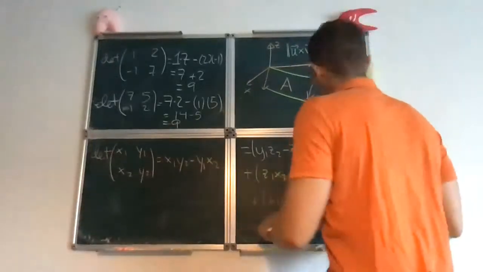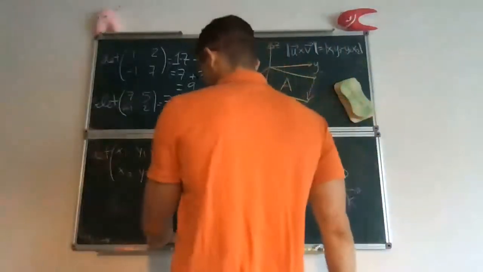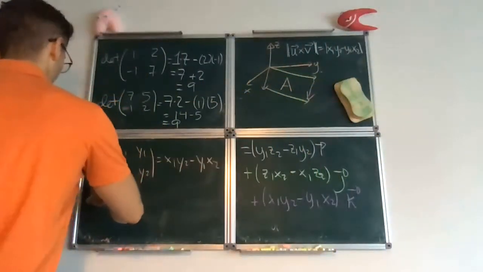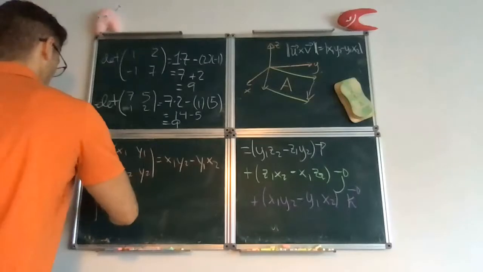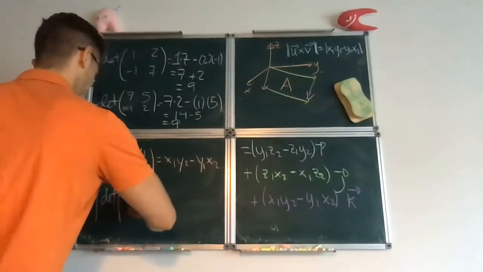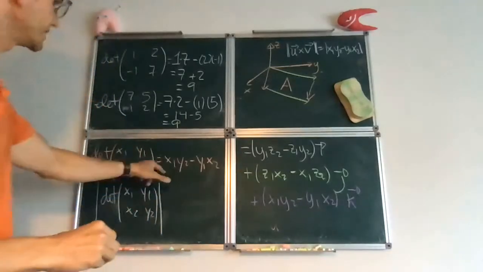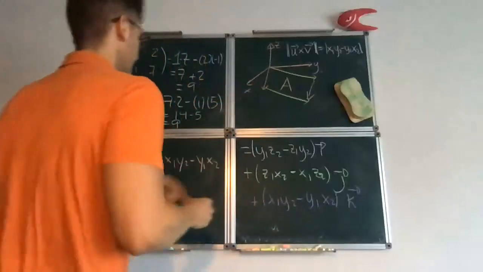And so what that means, if you compare this with that, is that the absolute value of the determinant, the absolute value of this number, is precisely the area of the parallelogram